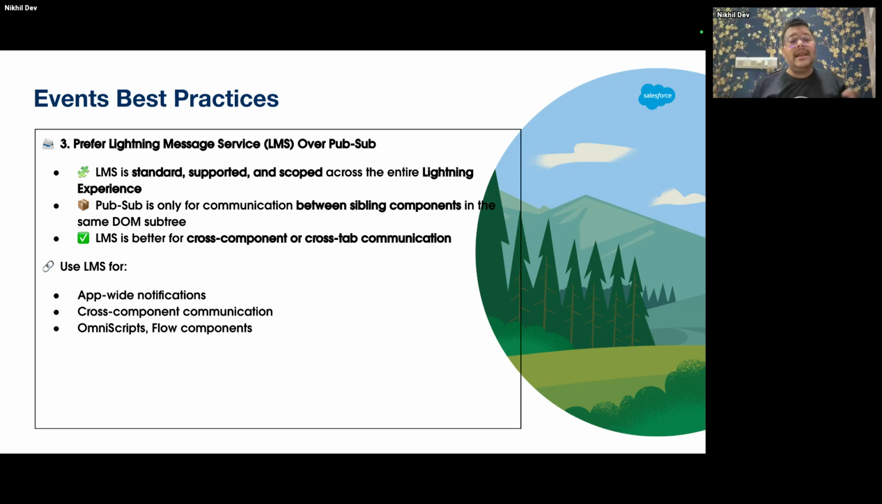Okay, and then in your flows also you can use LMS. That also means when you are defining your screen flows and trying to call an LWC, that is also one of the sections where you can definitely do this. Okay, so these are some of the best practices which you follow